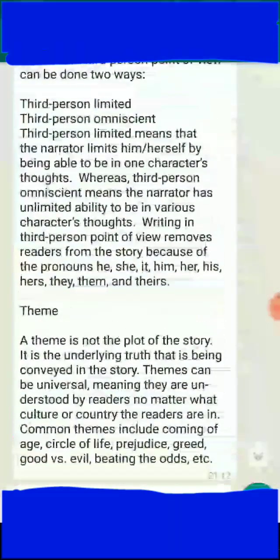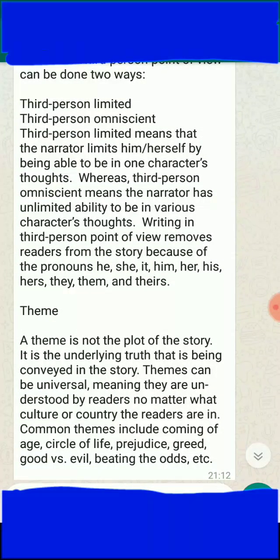Theme. A theme is not the plot of the story, it is the underlying truth that is being conveyed in the story. Themes can be universal, meaning they are understood by readers no matter what culture or country the readers are in. Common themes include coming of age, circle of time, prejudice, greed, good versus evil, beating